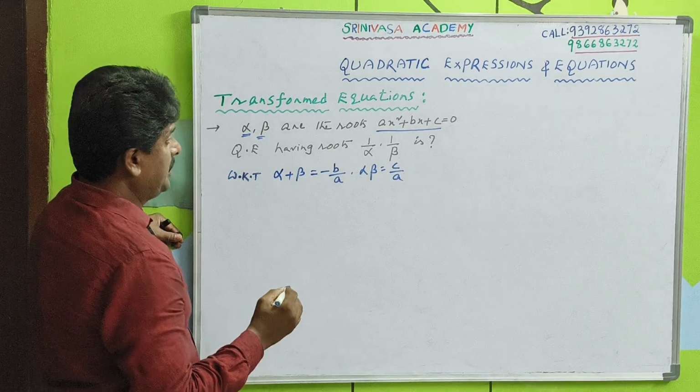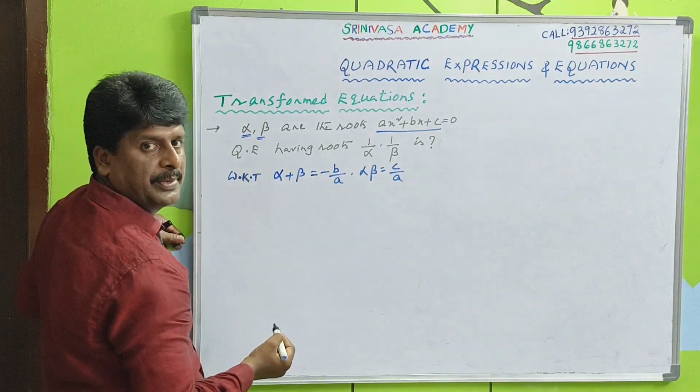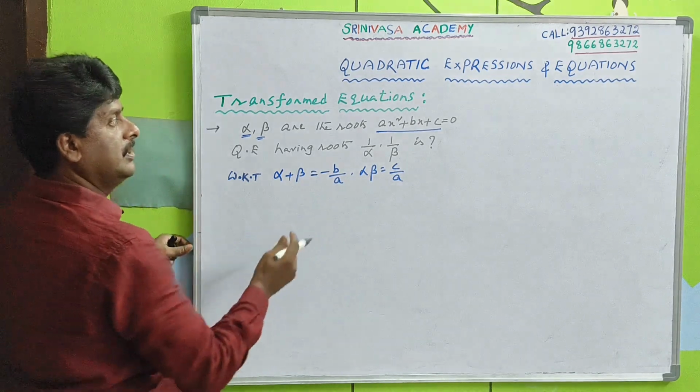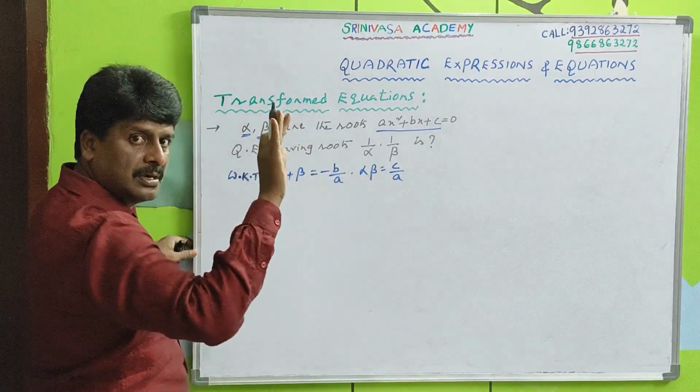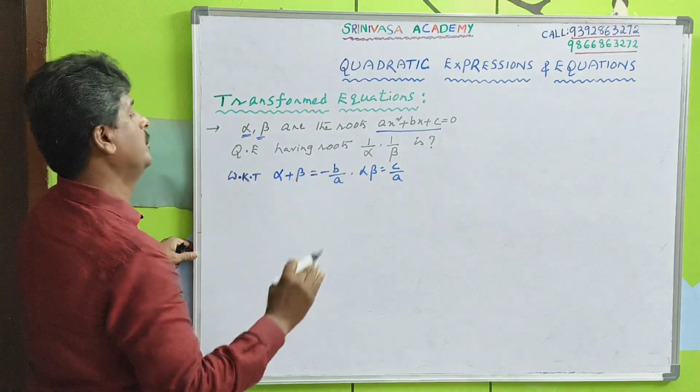Now let us try to form a quadratic equation whose roots are 1 by alpha, 1 by beta. What is the quadratic equation having roots alpha and beta or gamma and delta? We know very well that